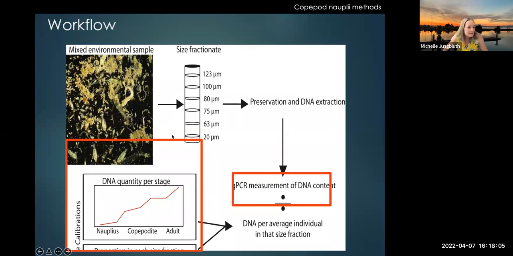The idea, ultimately working with field samples, was to use a mixed environmental sample and pour it through the size fractionation tower to separate large things from the smallest nuclei, preserve and extract each size fraction, extract the DNA, and then use qPCR to measure the DNA content in a size fraction. Then divide that by the average individual in the size fraction to estimate the number of DNA copies per